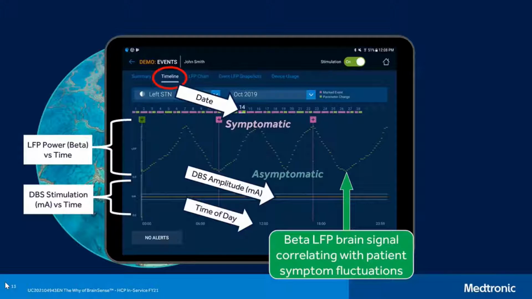And we can also see the patient's active stimulation setting in the bottom graph. And it will tell us if they've increased or decreased their stimulation within their visible limit lines, those pale blue lines above and below the orange line, that shows the DBS stimulation amplitude level. So with time